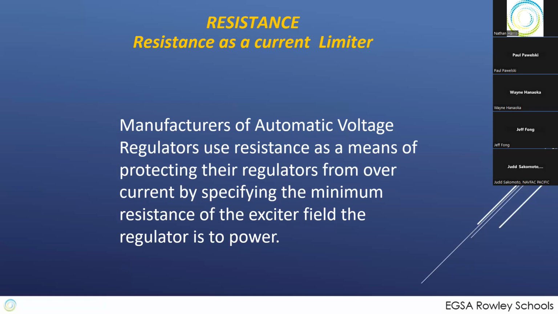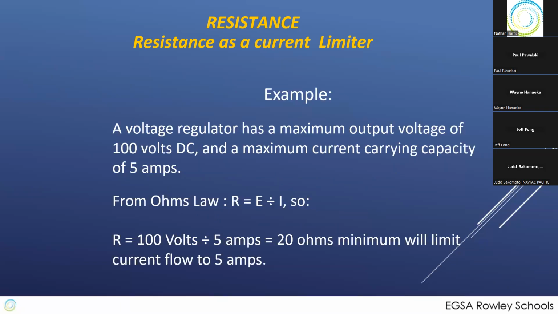And one of the things you need to understand on that is how much resistance there is in the coil the voltage regulator attaches to. So if you have a voltage regulator of a maximum output voltage of 100 volts DC and a maximum current carrying capacity of 5 amps, how much resistance do you need in the coil it's attaching to so that you don't blow this thing up when you use it to repair your downed genset? Well,